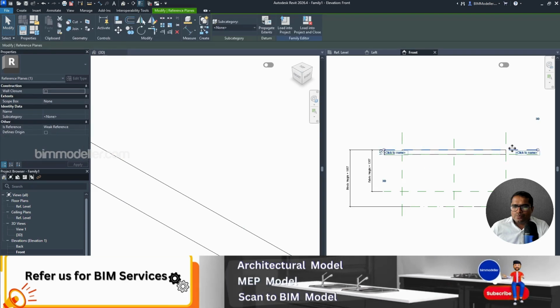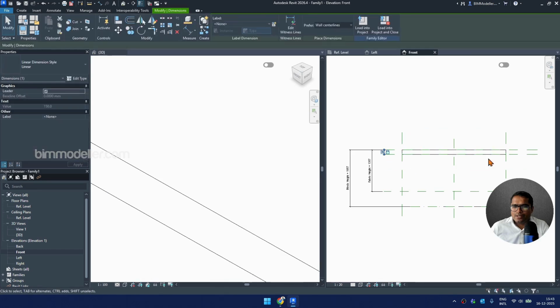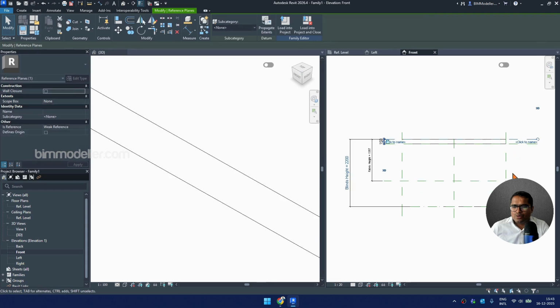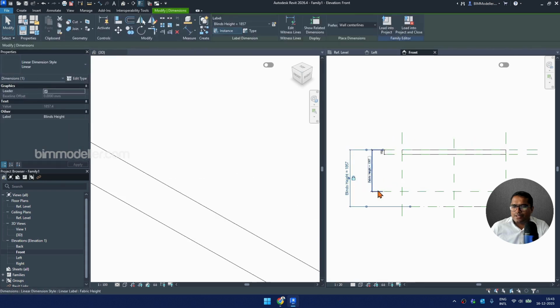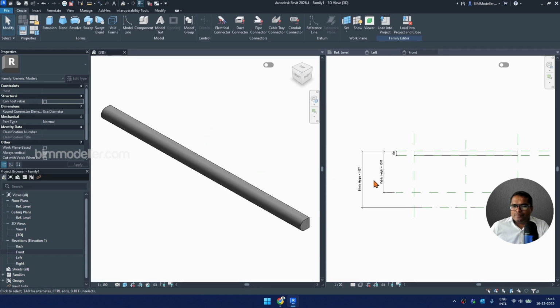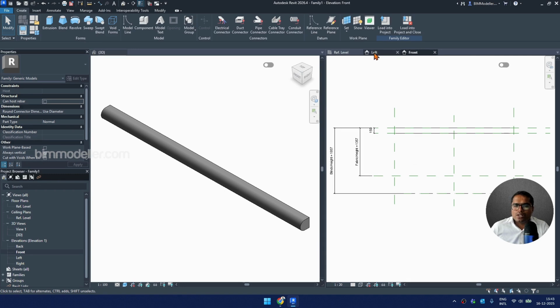Now we have to make sure that it is constrained and it's not changing. Make sure that I lock this. And if I unlock this and I move, it should move. Yes. And once it is done, if needed, we can have a hollow shape also for the detail level,